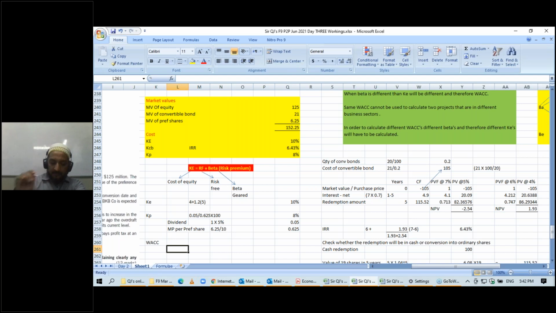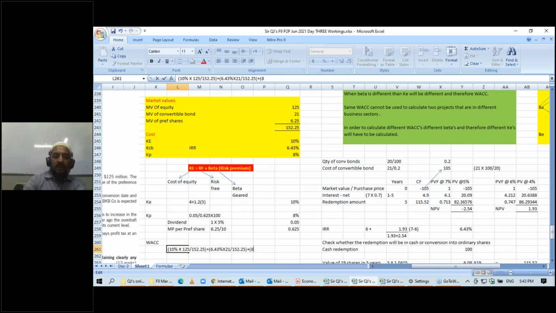So the WACC becomes 10%, which is the cost of equity, multiplied by 125 divided by 152.25. That is the first component, the cost of equity. The next component is the cost of convertible bond, so 6.43% multiplied by 21 divided by 152.25. Then plus